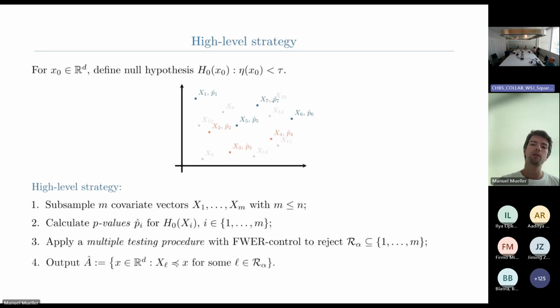And then because of the monotonicity assumption that we made before, we know that if at those blue dots, the regression function takes a value larger than tau, at all points to the upper right of any one of these points, we also need to have regression function values larger than tau. So we can select everything that's here in the gray area. Okay, I'm not going to say more about the first step.